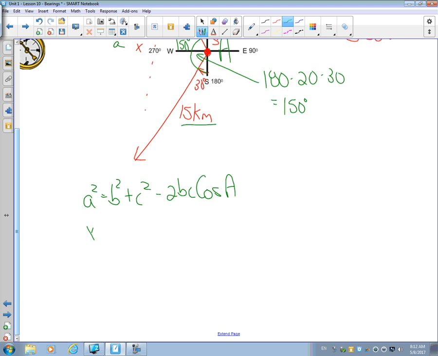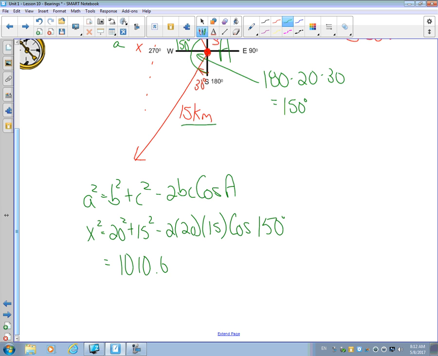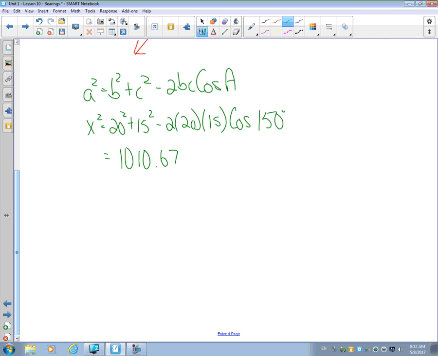So we'll have x squared equal 20 squared plus 15 squared minus 2 times 20 times 15 times the cos of 150, the bearing between them. And put it all into our calculator at one time. We should get 1010.67 approximately. Remember, that's x squared, so let's square root it, and you should get